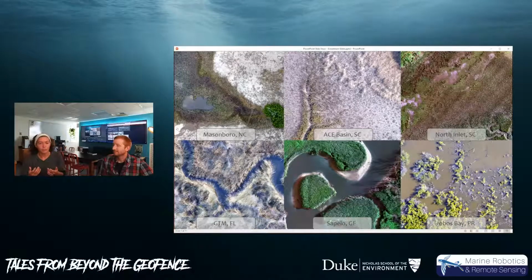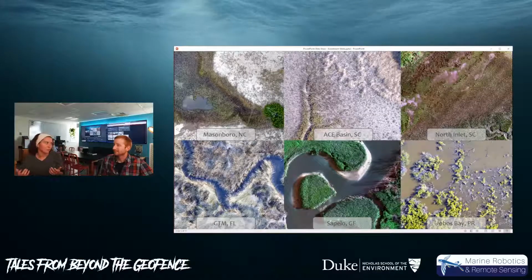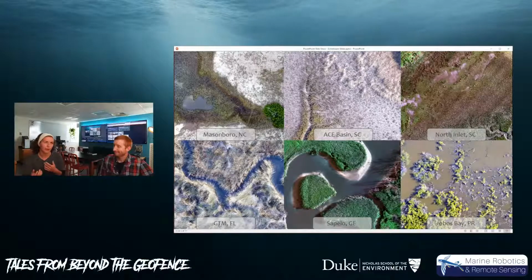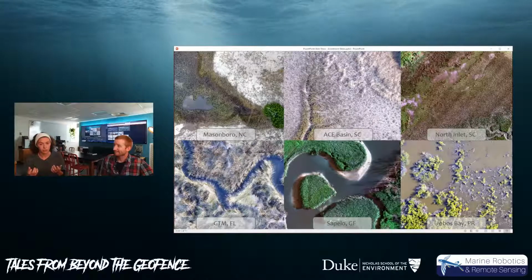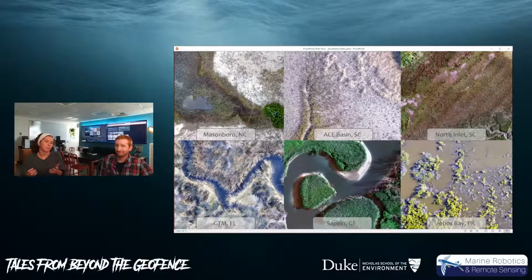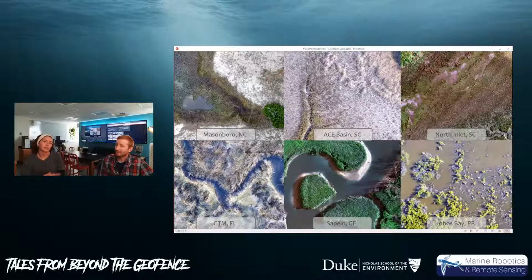Each team also had a different set of equipment they had access to. So we had a variety of different aircraft. Different people had different access to sensors, so we had different types of imagery coming out of it. Everything even down to the image processing software varied between sites sometimes.